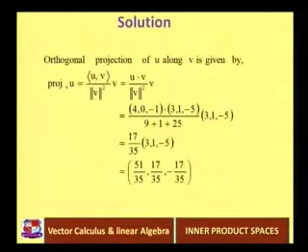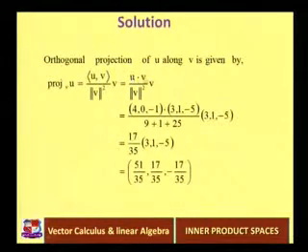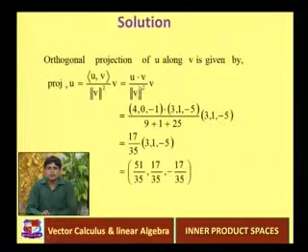Orthogonal projection of u along v is given by the equation: projection of u on v is equal to the inner product of u and v upon the norm of v squared, times v. Here students can notice that the inner product is the Euclidean inner product, that's why we write this inner product u, v as u dot v upon norm v squared, times v. And the dot product of these two quantities, 4, 0, minus 1